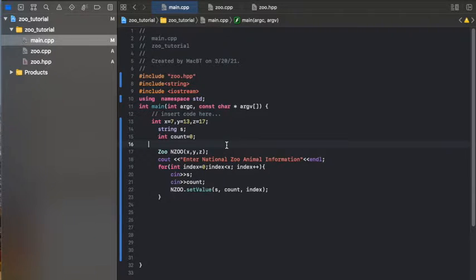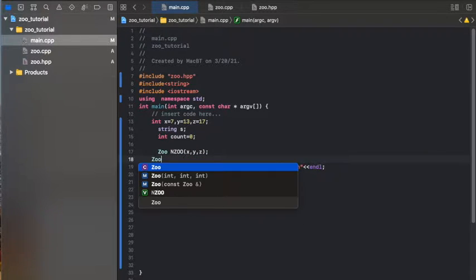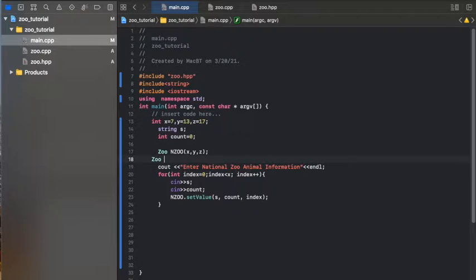In this tutorial I will do two tasks. One is I will search which zoo has a particular animal, and another task I will see which zoo has a number of particular animals. So for that, first what I will do, I will make another zoo. I can simply copy, and make another object, zoo type, zoo, let's say